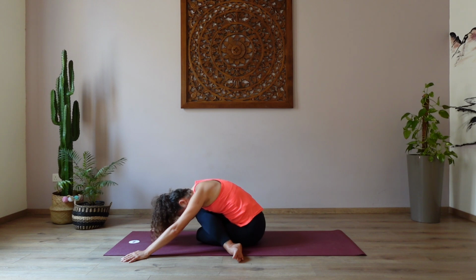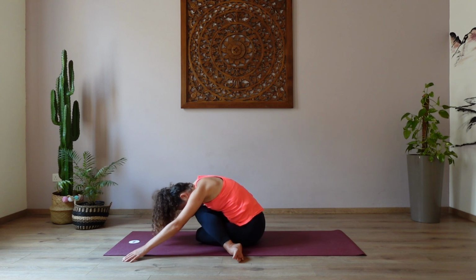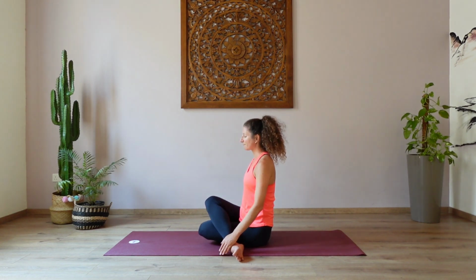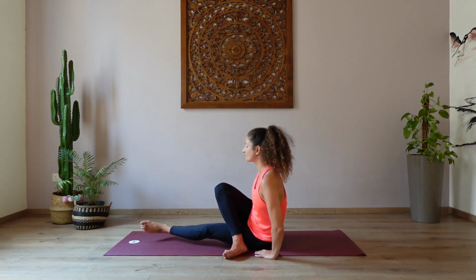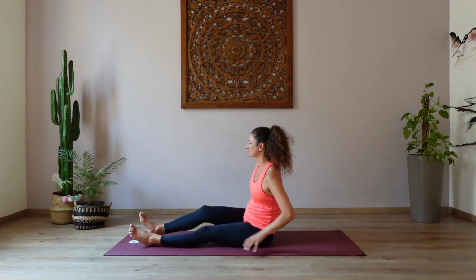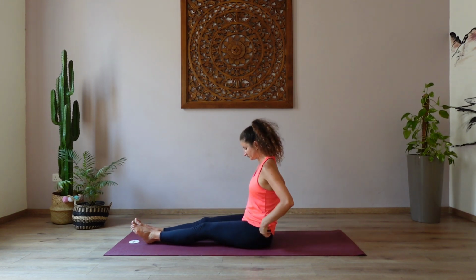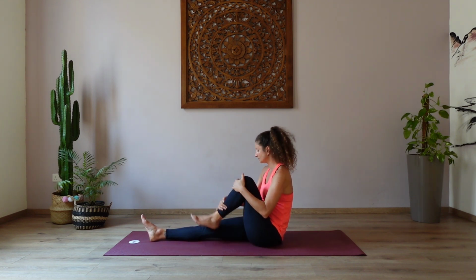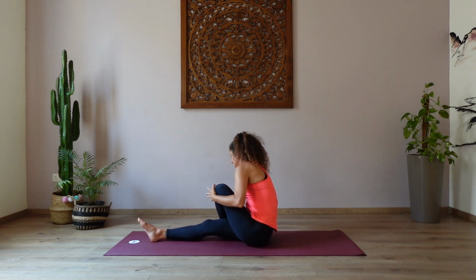Inhale. And exhale out. Release again, lifting the upper body back up, extending the left leg out first, and then the right leg. Center yourself. Onto the other side, bend the left knee, left foot over the right leg, fold the lower leg,